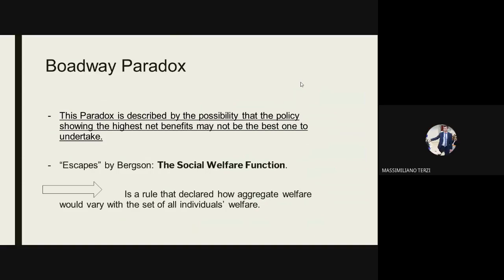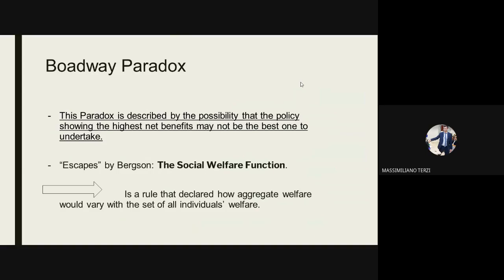Okay, thank you, Giovanni. Now I will go on with this first line of criticism, and another criticism arising from the fact that policies may change the distribution of income, and therefore the relative price, is the boundary paradox. This paradox is described by the possibility that the policy showing the highest net benefit may not be the best one to undertake. And so Bergson showed that one of the states from this problem would be to assume a